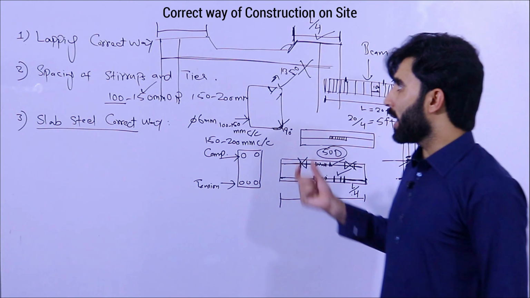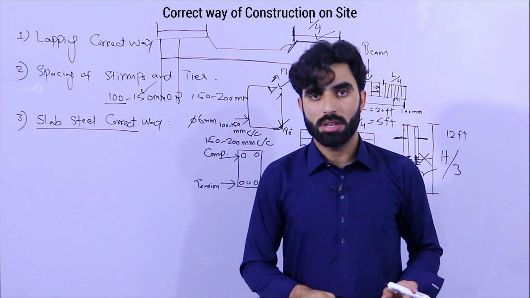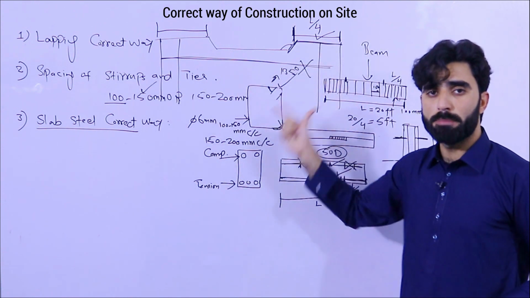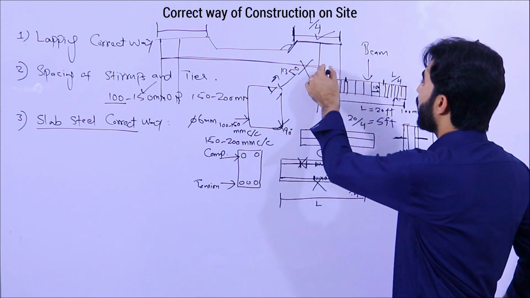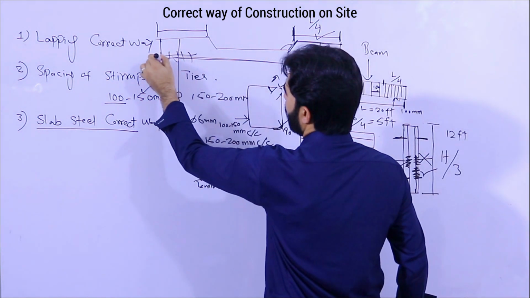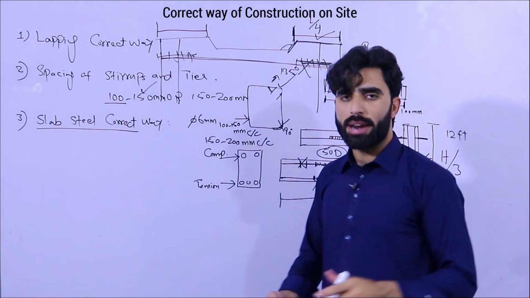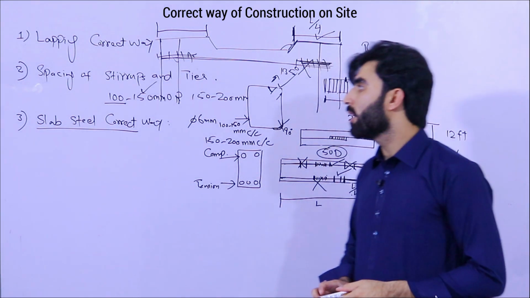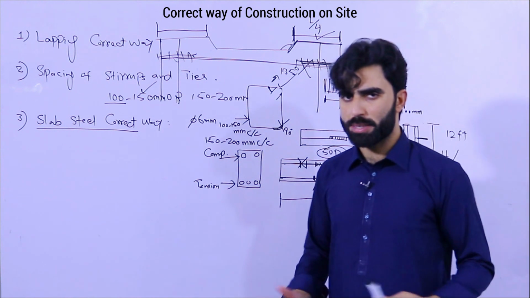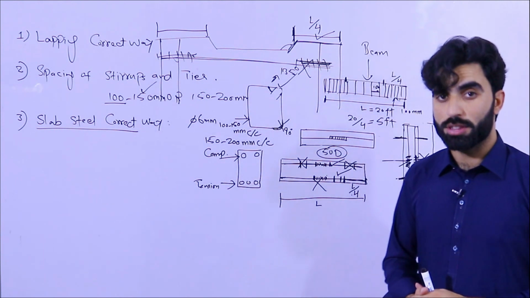But if you want to make the slab economical, in that case the crank bar is better. But if you provide the simple plain bar, in that simple method, you should also provide extra bars here, and you will bind them with binding wire. But crank bar is better than this one. So in the two-way slab or also in the one-way slab, it's important to provide crank bar. So this is very important. Spacing you can keep the same, like 6 by 6 inches or 4 by 4 inches, and it also depends on the structure load.